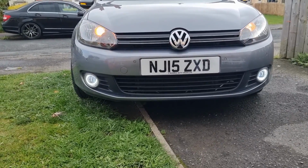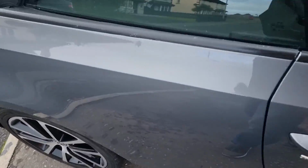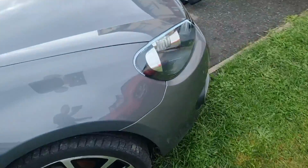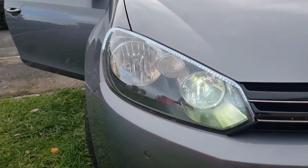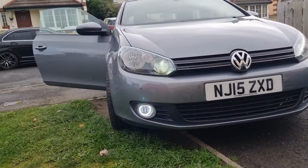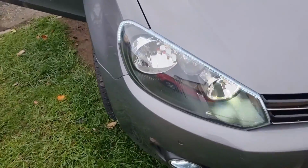Like I say, these ones that I've got here, if I go around and turn my ignition on, you'll see they are now lit up, because they are running to an ignition live fuse. Excuse the flashing of the LEDs on the DRLs. And with these ones here, if I put my indicator on, so yeah, those ones